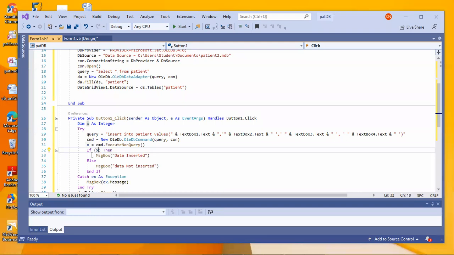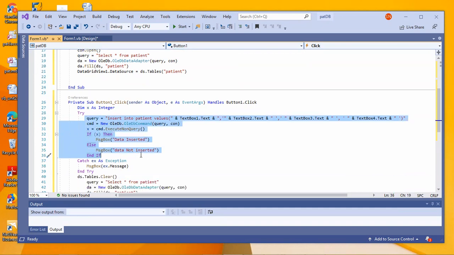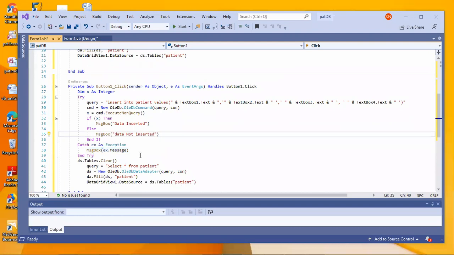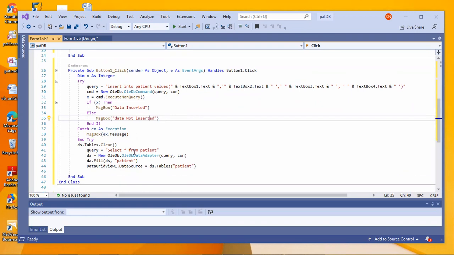If this becomes 1, that means I've successfully inserted the data. So I'll give a message box saying data inserted, else I'll say data not inserted. If this try block is not able to execute, whatever error I get, I'll catch it in a catch block and display that catch message. Clear?